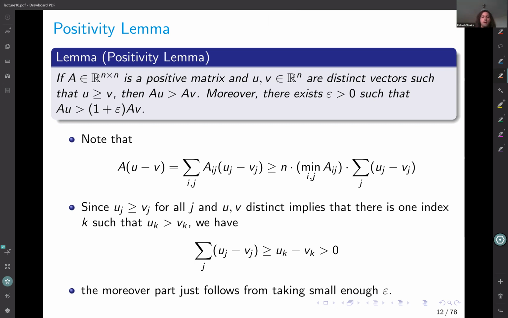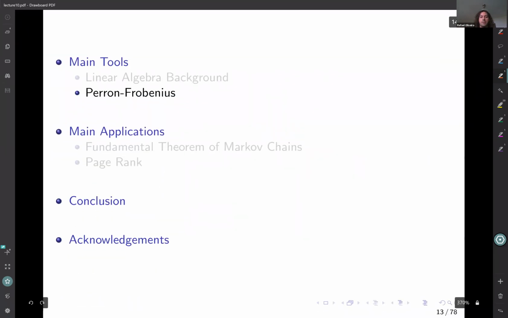Okay, great. So now that we have the linear algebra background we need, we're ready to talk about the Perron-Frobenius theorem. So